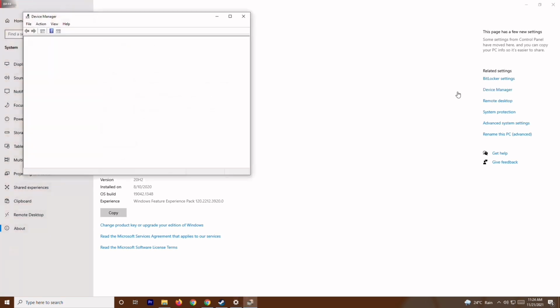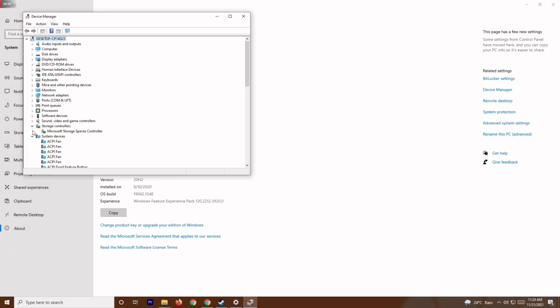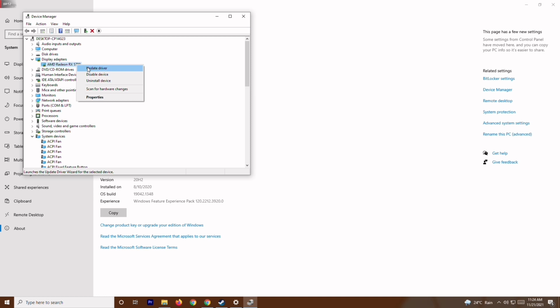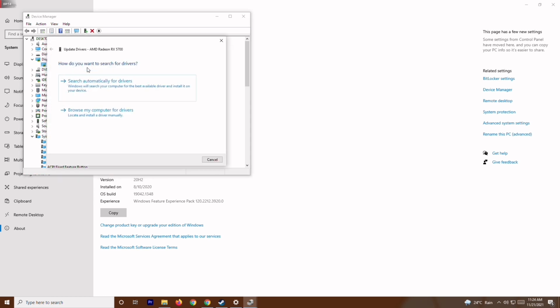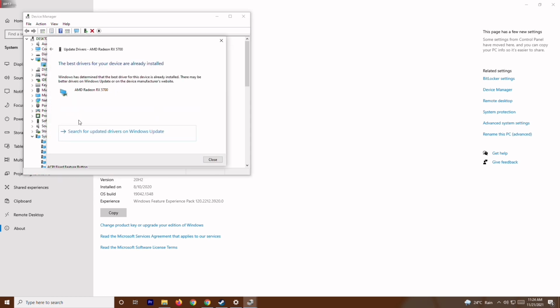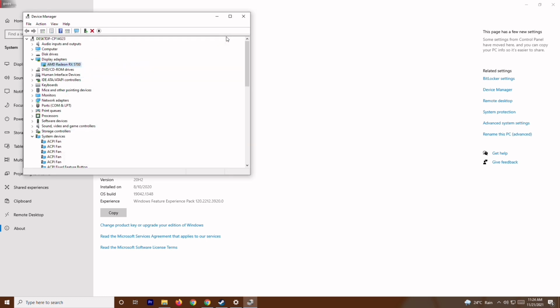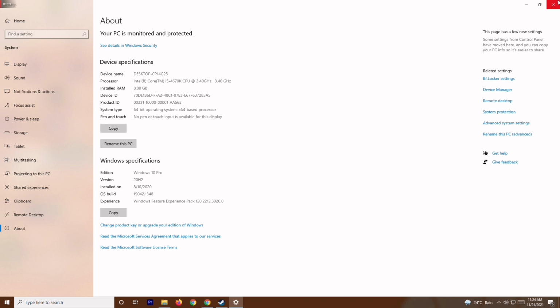Now from here, go to display adapters and right click on AMD Radeon RX 5700, which is my driver. Then go for update driver, search automatically for drivers. As you can see, this is on the latest version, so this is what you have to do as the first step. Moving on to the next solution, you have to check the system requirements you're having,